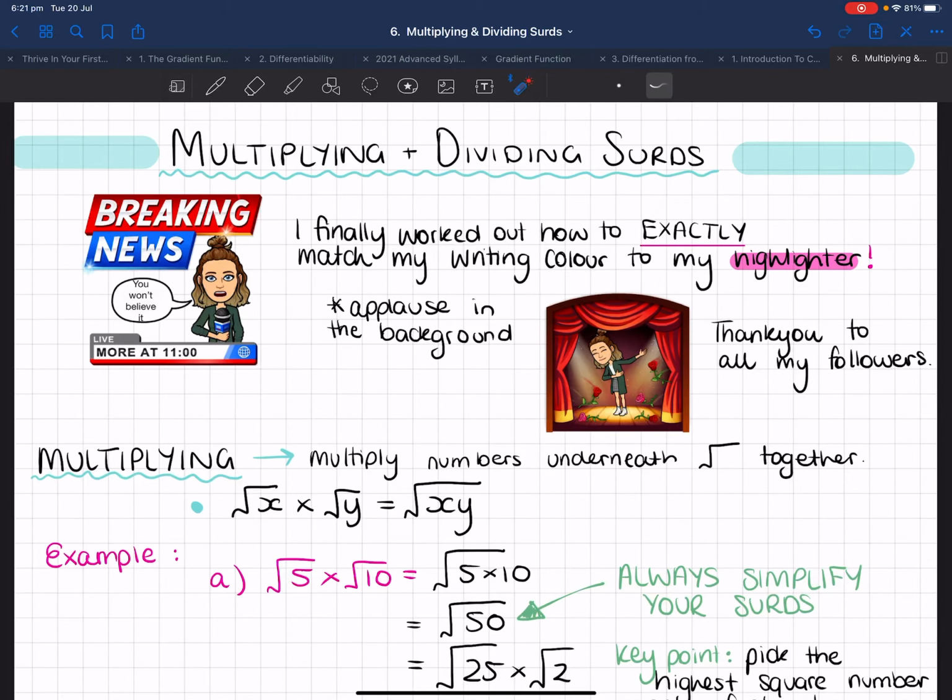Hello Year 9. Today we are looking at multiplying and dividing surds, but before we get into it, I would